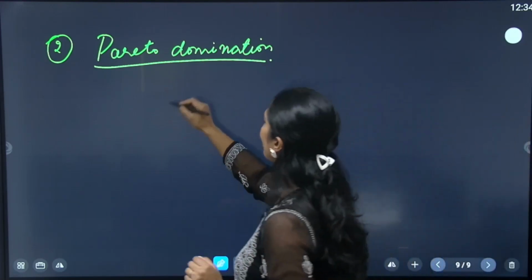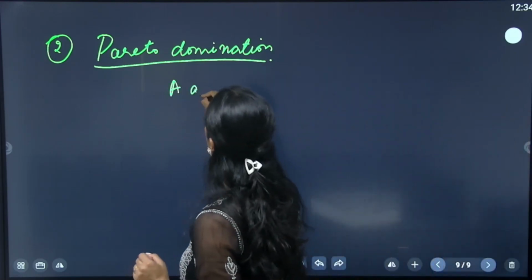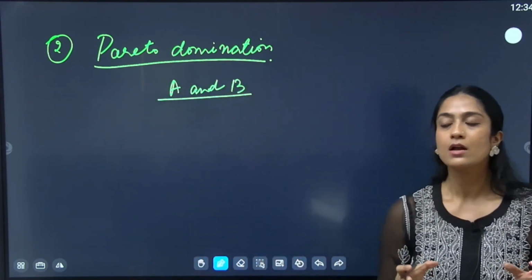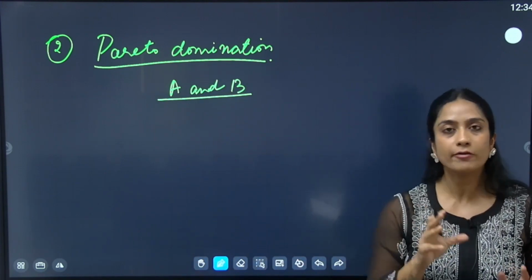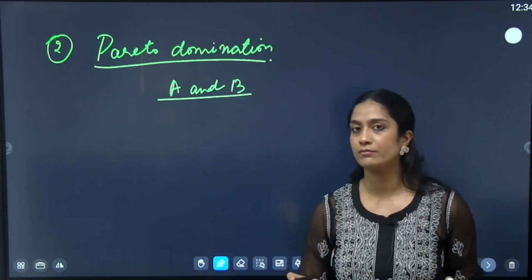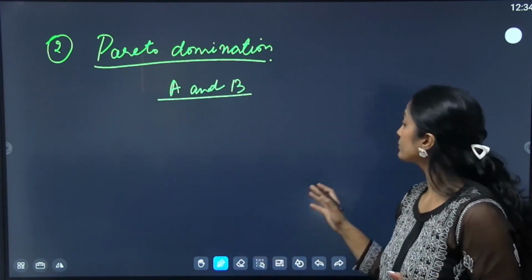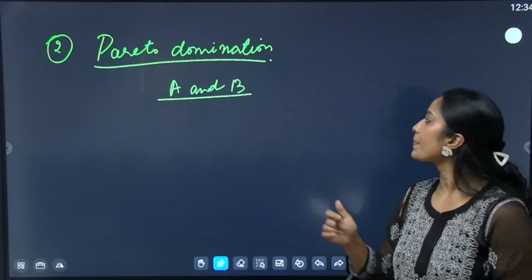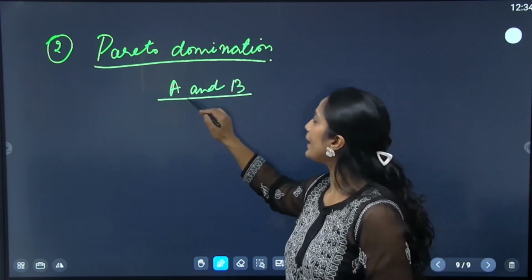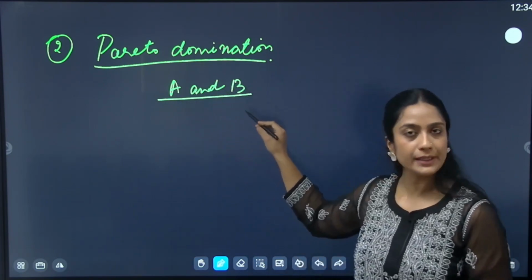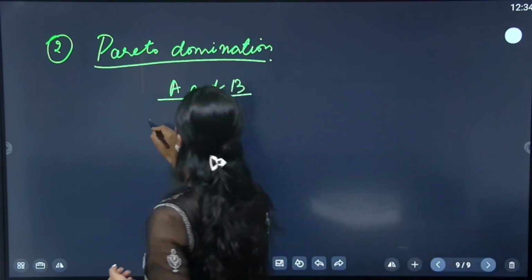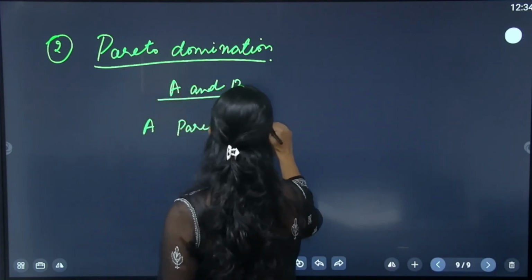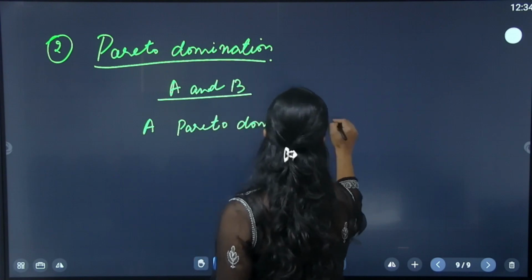From now on we will focus on bundles that are feasible, that exhaust the available resources of both X and Y. So now suppose A and B are two feasible allocations. Then we say that A Pareto dominates B if